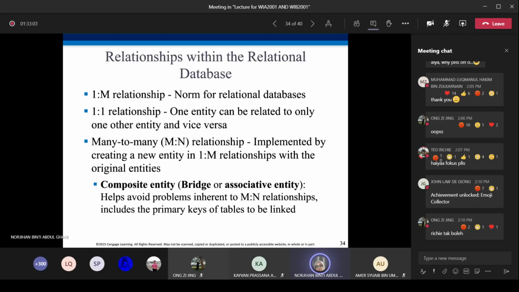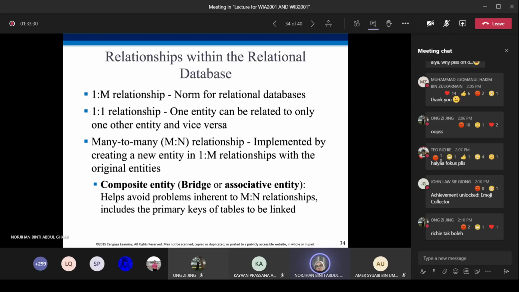The first one is one to many. This one to many relationship is the normal relationship that we have for relational databases. Most relational databases have this one to many relationship.